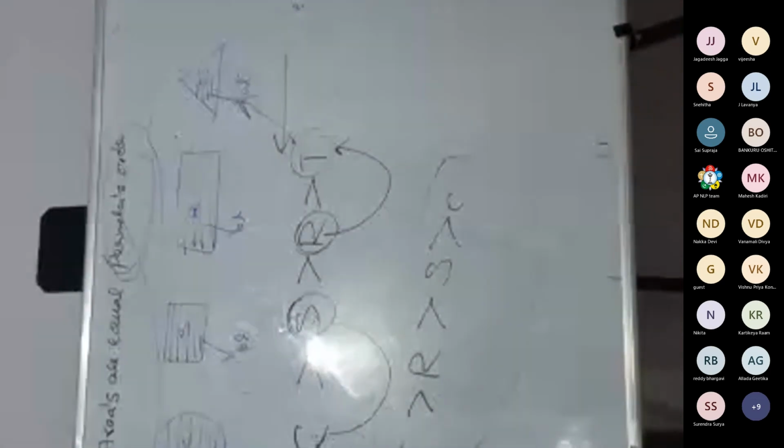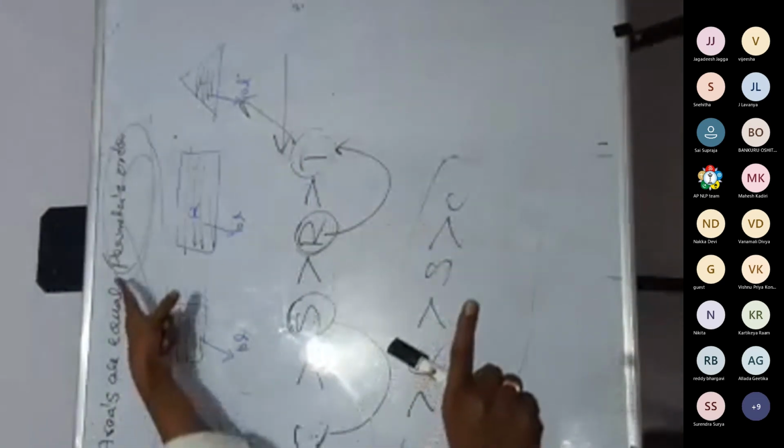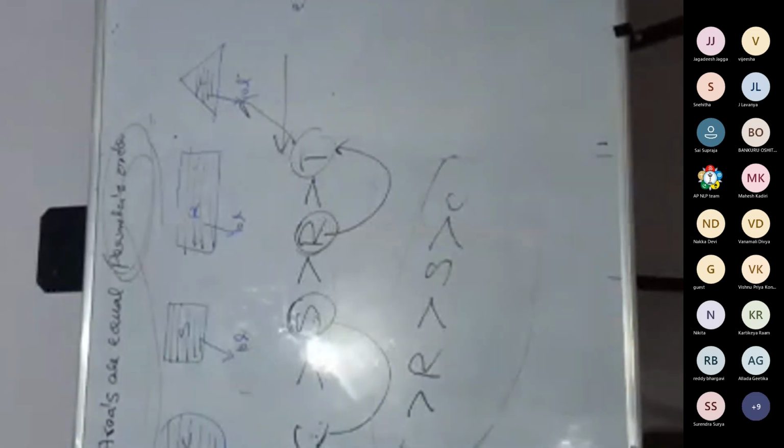Okay, this is the complete picture. If the perimeters are equal, the areas order is C greater than S greater than R greater than T. If the areas are equal, the perimeters order is T greater than R greater than S greater than C. This is very important, please note it.